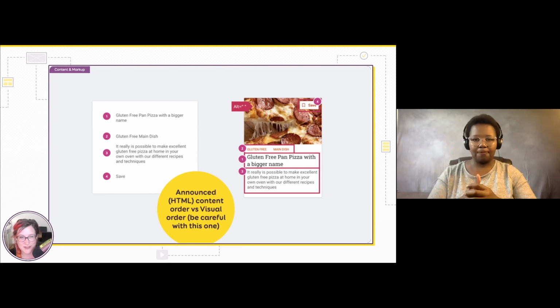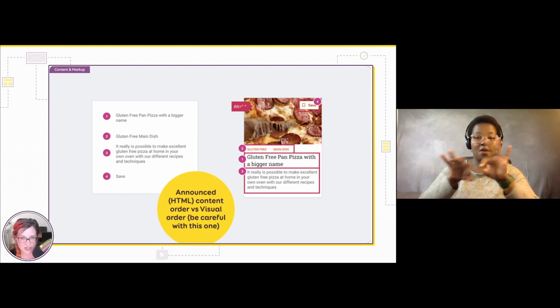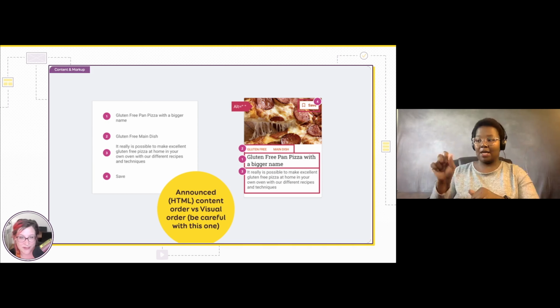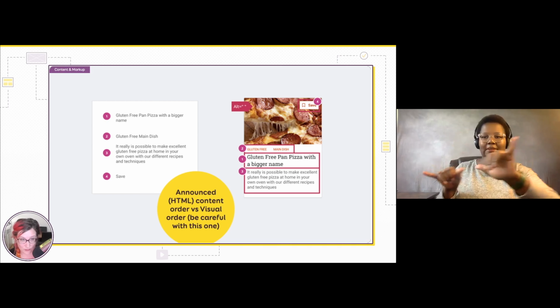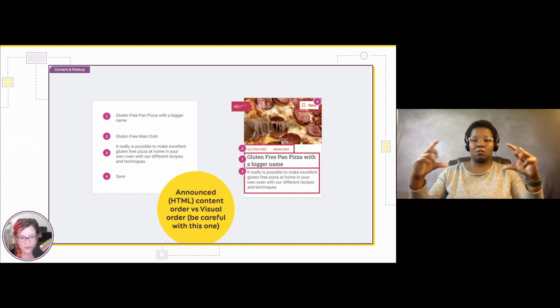I can also document the announced content order. So this is interesting if the visual order is a little bit different from the HTML flow. Please note that most of the time you want this to be the same. You want your HTML flow to be the same as the visual order, so be really, really careful with that. But here I have a very specific example where, in order to gain some space, I stacked some content on top of each other.